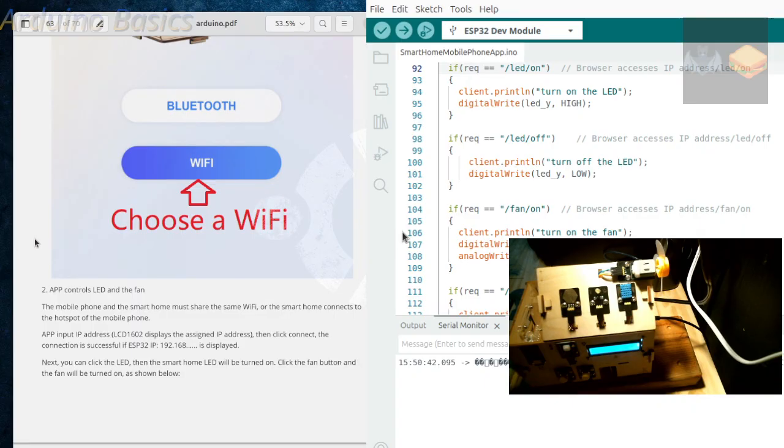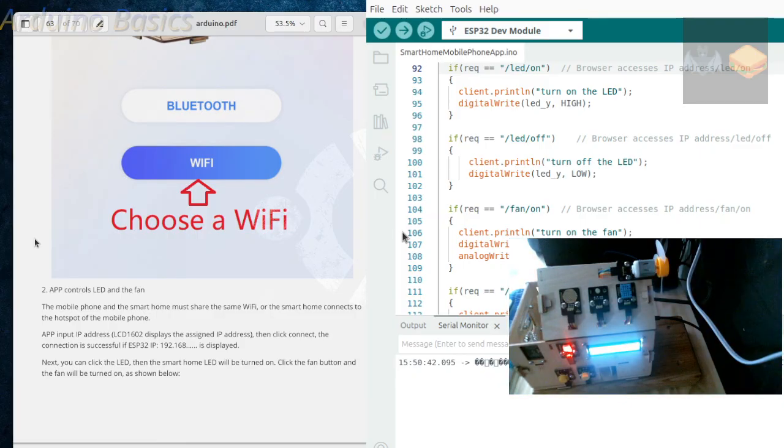And see if any of these buttons do anything. It said please establish a connection. I thought I had. Okay, so